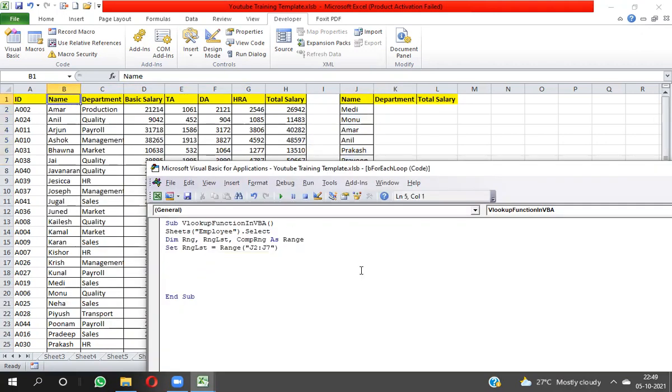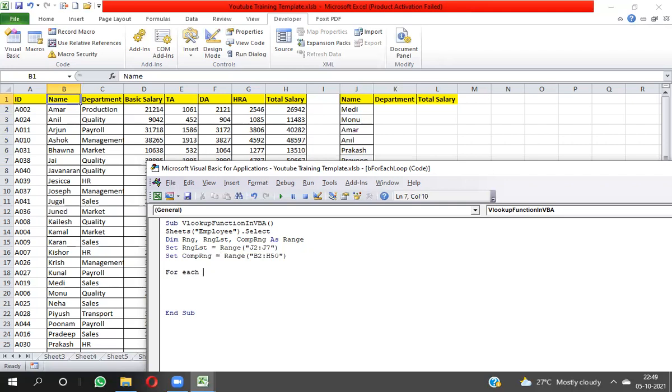The other variable name is Set Comp RNG. So you need to store here Range B2 to H50.